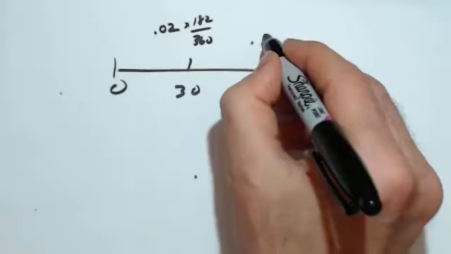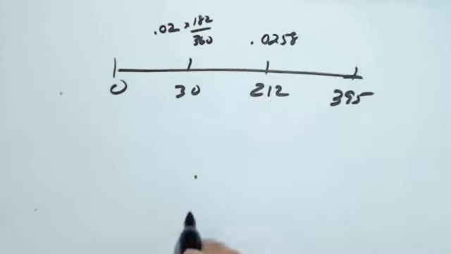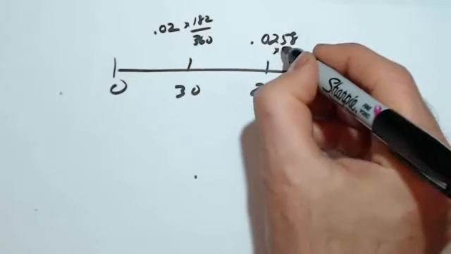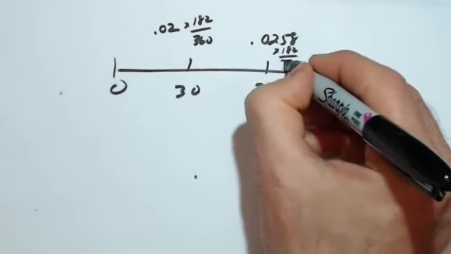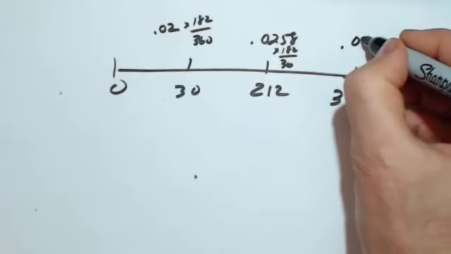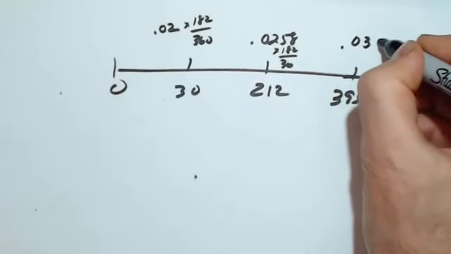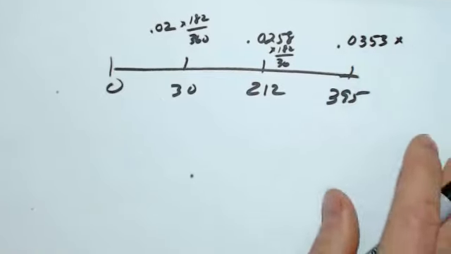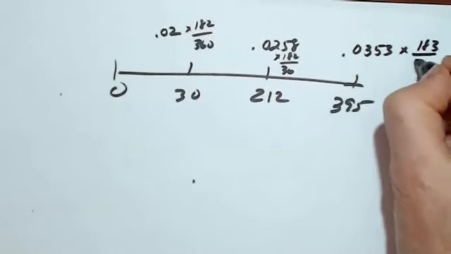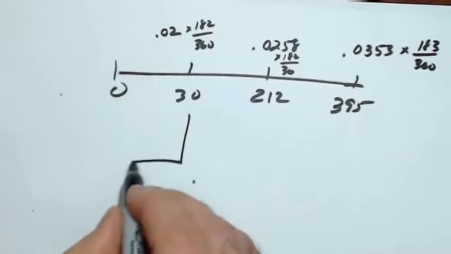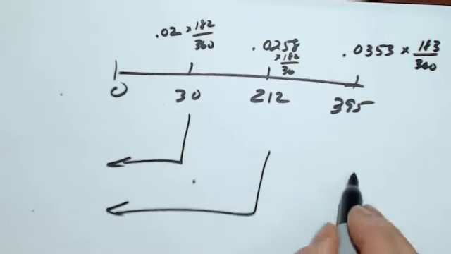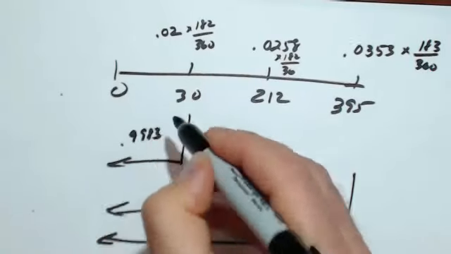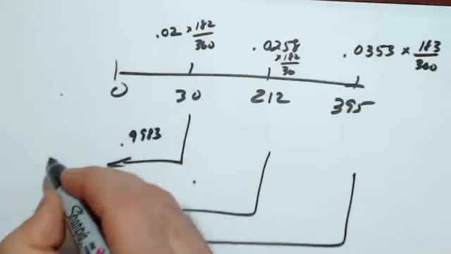And then the next floater was 2.58% times 182 divided by 360. And the last cash flow is this. Now take these numbers, discount them back with the 0.9983, and this comes out to be